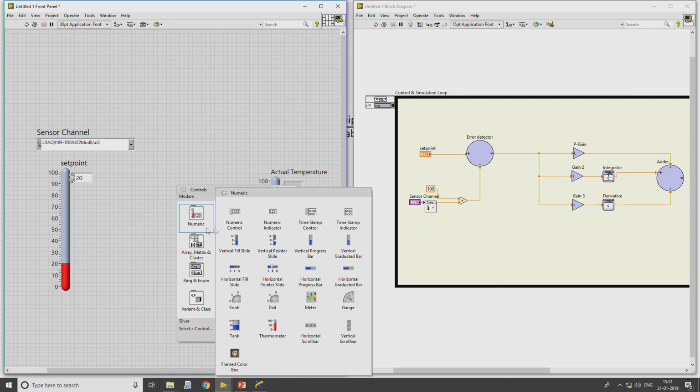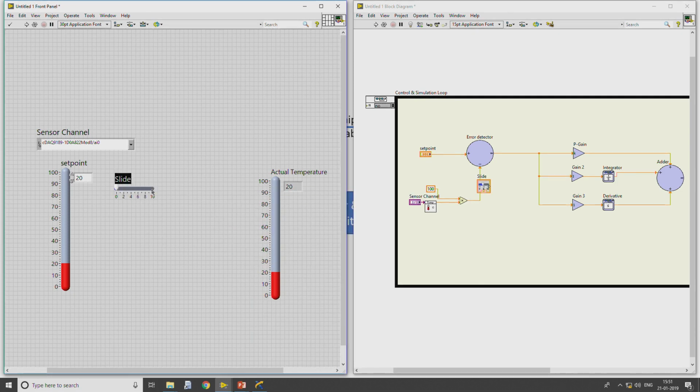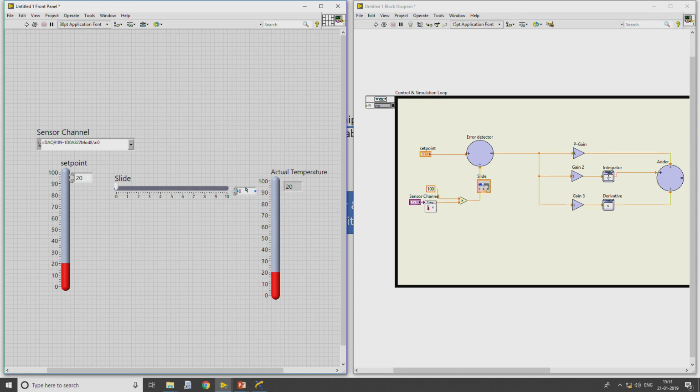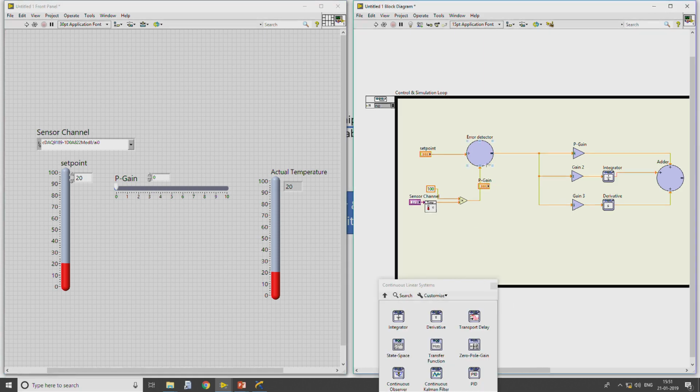Okay, I will go with a numeric horizontal pointer slider. I will also create a digital display, so that it is easy to understand what the value of the P gain is. So, this particular block I can connect to the input terminal.